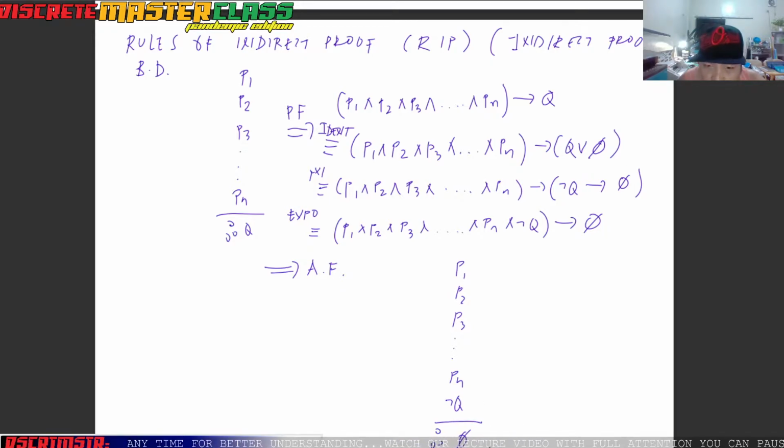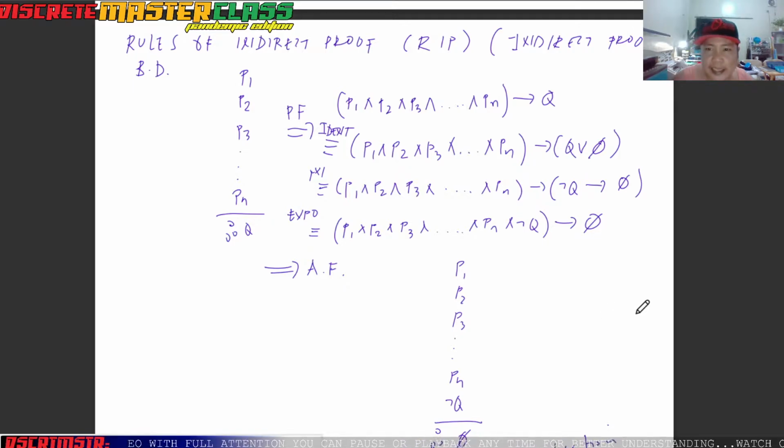Ang 0 na to ay tinatawag na contradiction. At isang beses ka lang magkakaroon ng contradiction or 0 na rule, sa rules ng replacement, sa ident yun. So expect by using RIP or rules of indirect proof, you will always use the ident rule. Okay, now,